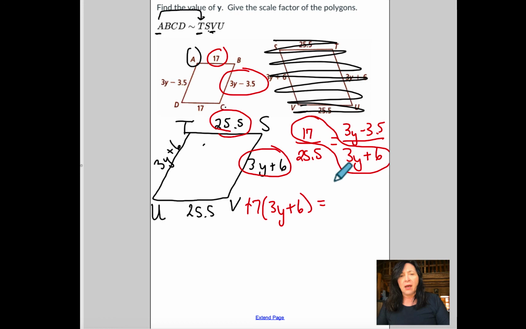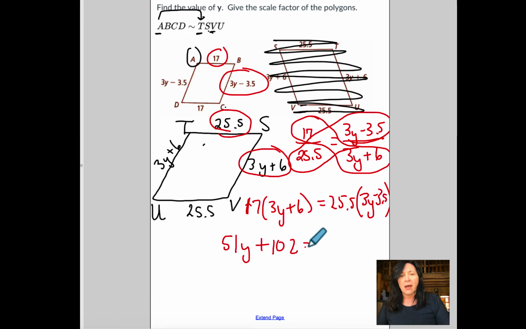So I'm going to multiply 25.5, okay, is equal to 25.5 times this length here. So those have to equal. So 3y minus 3.5. Okay, and this is 17. So I'm going to just multiply, right? And I've got 17 times 3, and that's 51. And so we have 51y plus 17 times 6, so that's just double 51, which is 102, is equal to